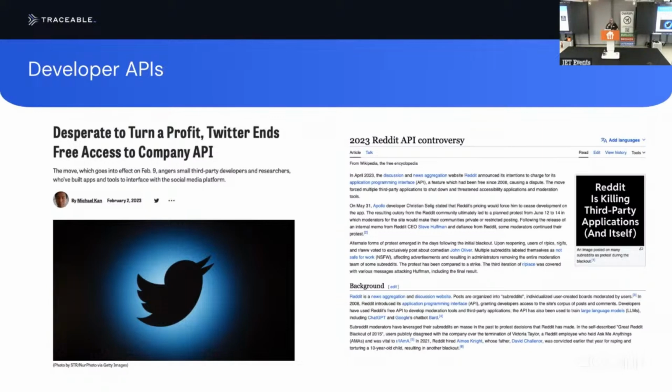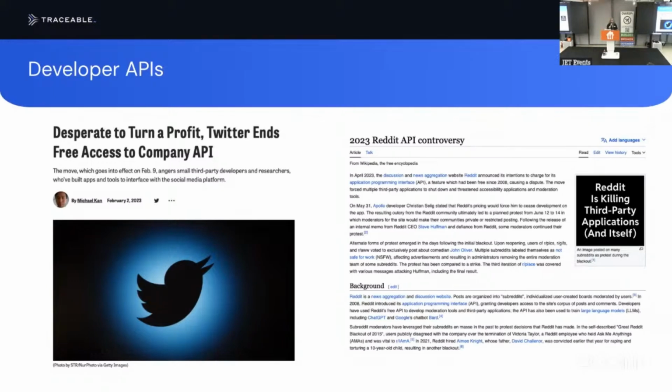So this really helped Twitter and Reddit become such big social media companies because a lot of companies integrated Twitter searching for trends or APIs on Reddit for seeing sentiment across different subreddits. And then, of course, once they've built their business model around that, you then start charging for it.